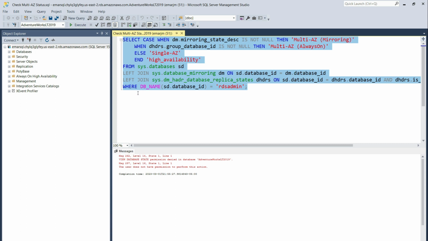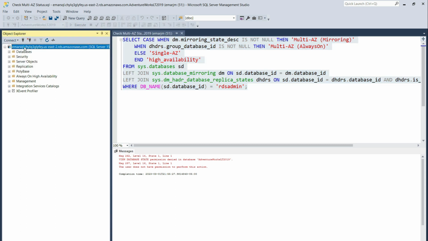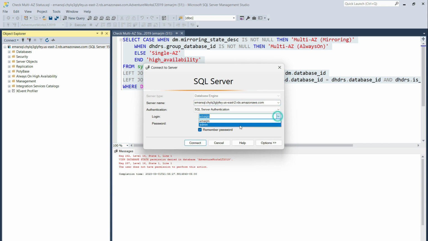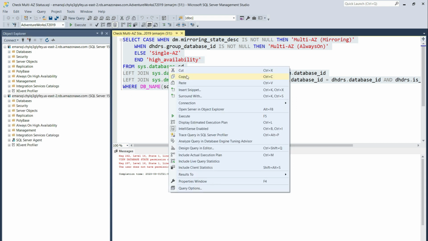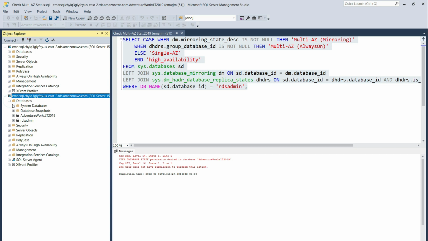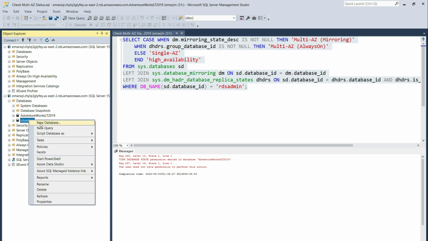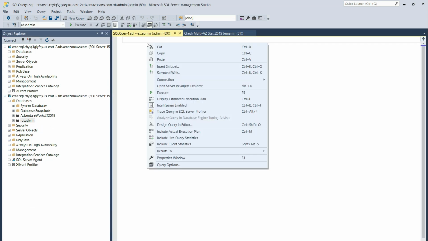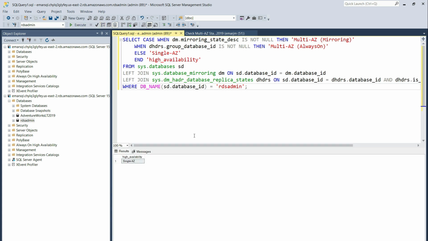So I got permission denied because I didn't connect as the admin user. So let me change the user and connect again. So let me copy the query, open a new query session on this database. New session, new query window. Now let's execute. So based on the database version that we're using, we can only have a single AZ zone